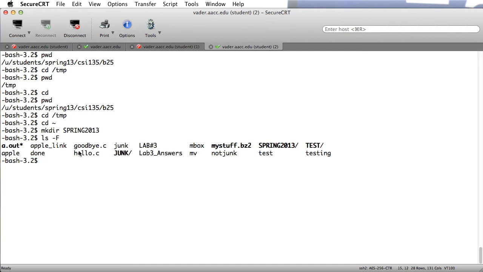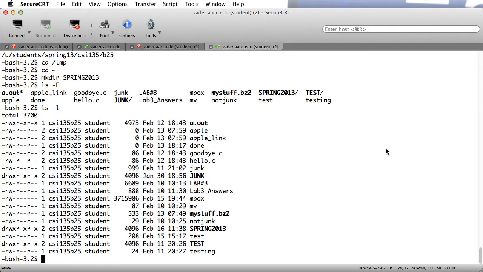So use the dash capital F and it'll put a slash at the end of the name if and only if it's a directory. Another way that we learned was if you type ls space dash l, and you can see the first bit, if it's a d, indicates it's a directory. And so you can see here, there's the Spring 2013 directory, and the default permission set is